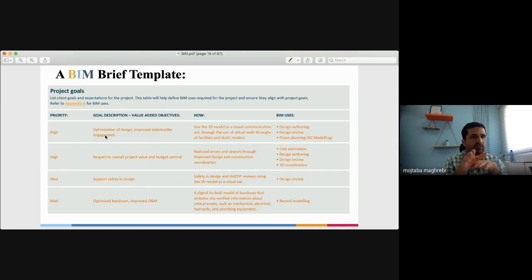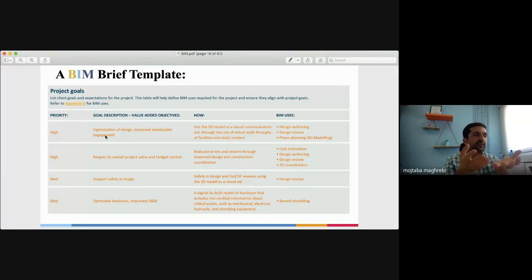Similarly, for example, I will give you one with a higher priority: the goal is optimization of the design and improving stakeholders' engagement. How? Use 3D models as visual communication. No longer deliver the projects with 2D or as a 3D Max render view of the project.